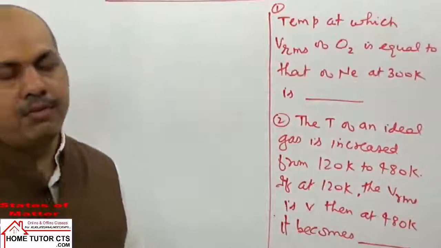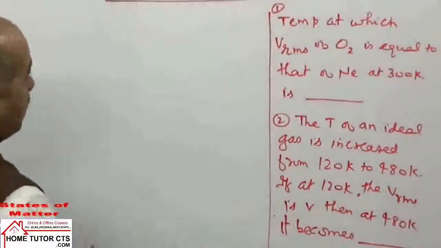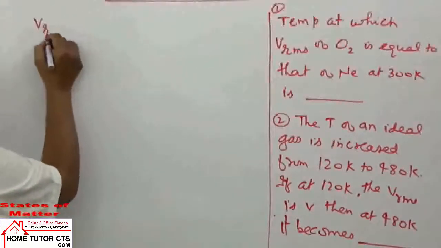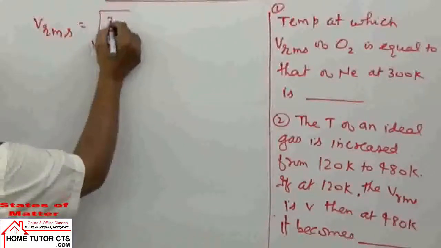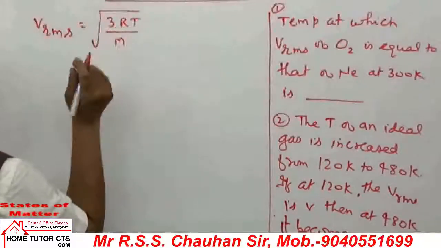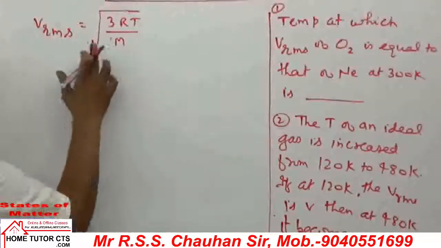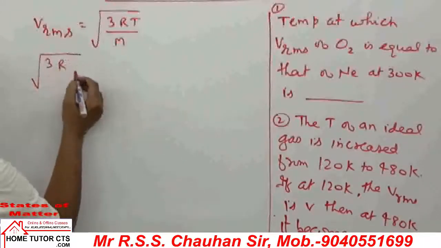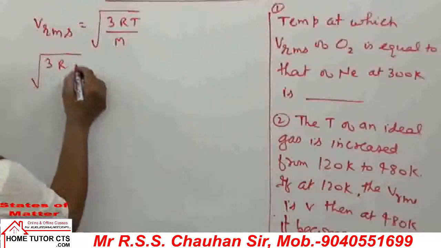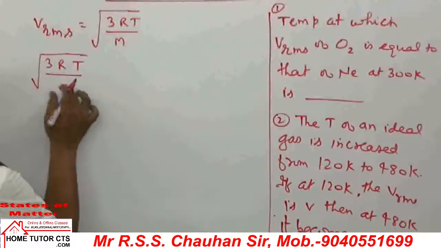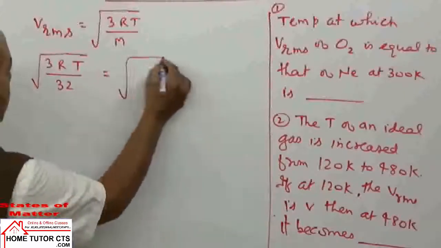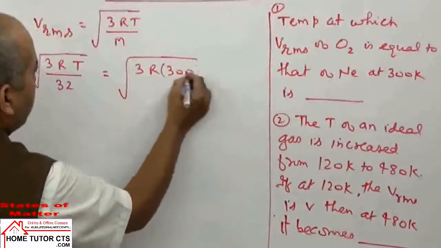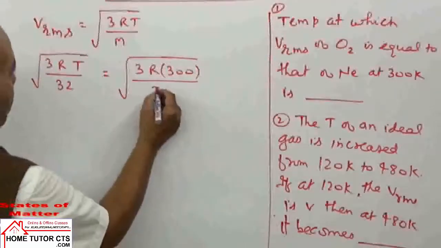So try yourself. Now coming on solution part of this question. Now for equating the VRMS of O2 and neon, what is VRMS formula of the gas? Root 3 RT upon M. When we have same speed, so what is VRMS of O2? For O2 we can take here root 3 RT, T is taken temperature. आपको निकालना है by molar mass of O2 32. For neon 3 RT, आपको neon में दिया temperature 300 Kelvin by molar mass of neon 20.